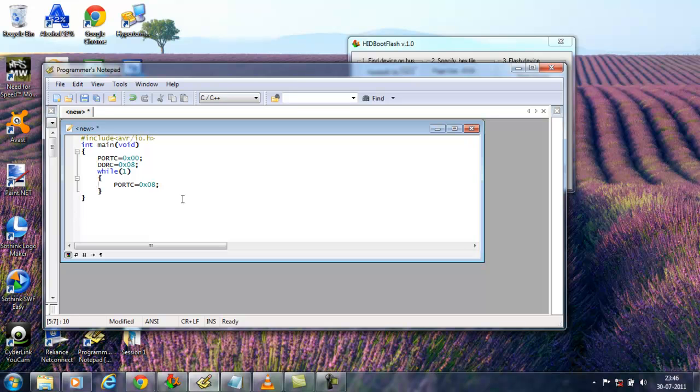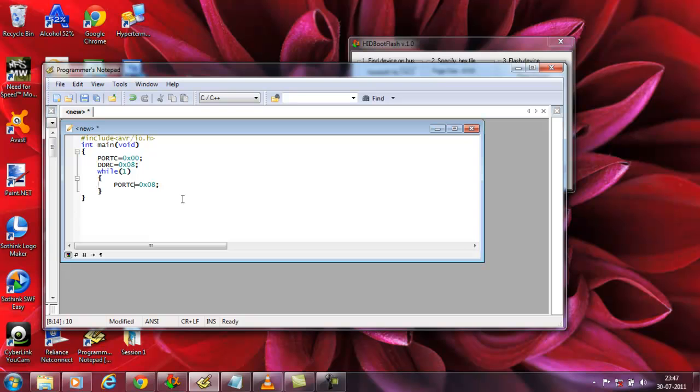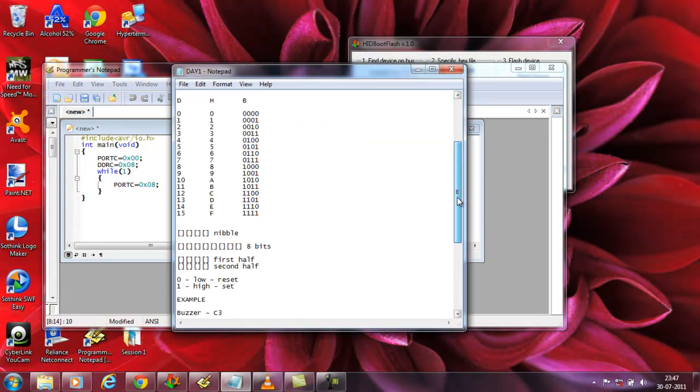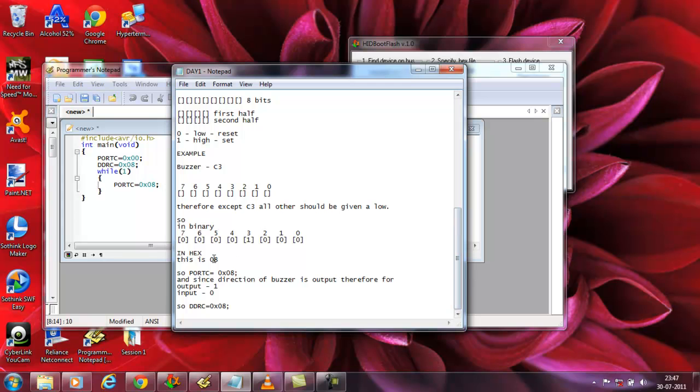Then I've initialized an infinite loop using while with 1 inside the brackets, and then I've written PORTC equals 0x08. Now I have set port C, and especially pin number 3, to 1. So as you'll remember, for port C and pin number 3 to be set to 1, we have this coding